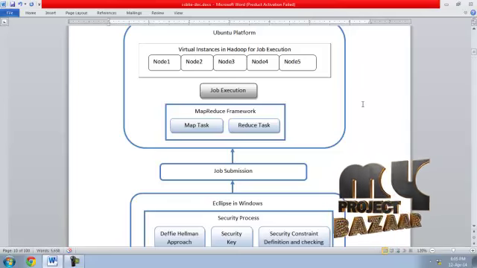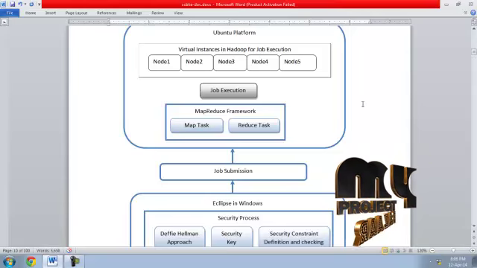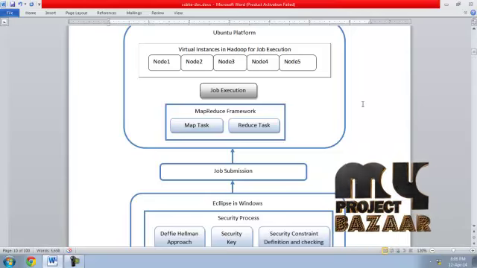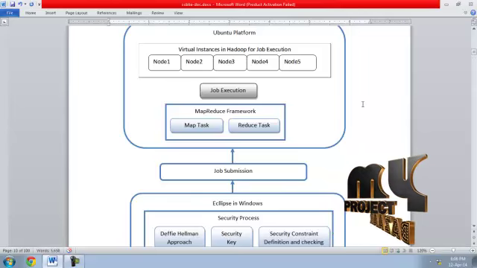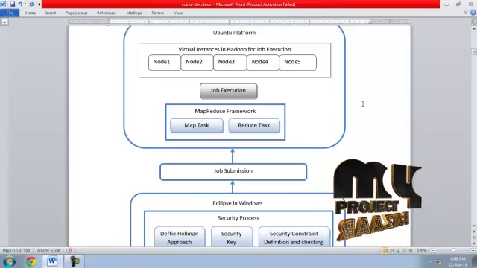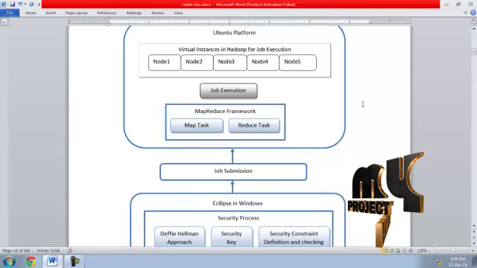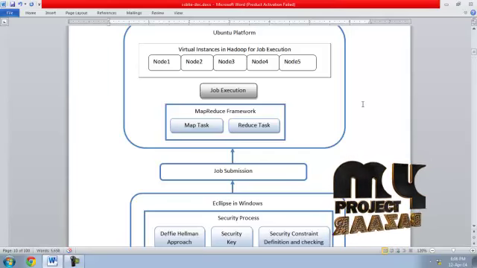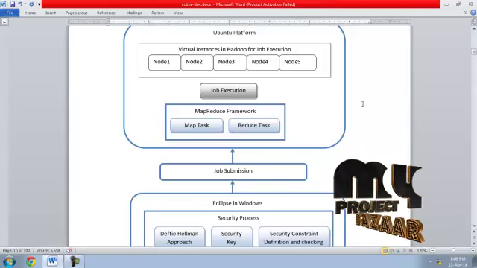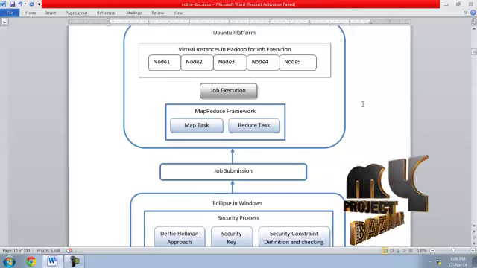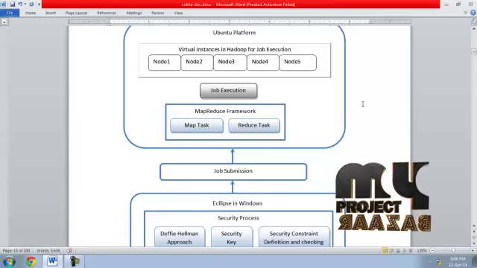Now, Hadoop is used for storing a large amount of files in less time. Then a separate key is generated for the stored file. While getting the file, we have to use the key to retrieve the files from the Hadoop environment.